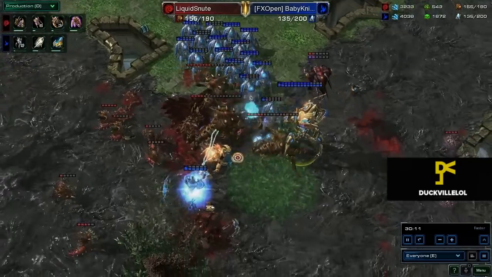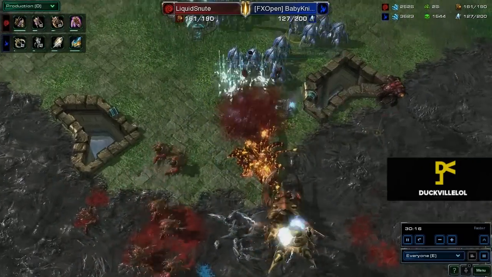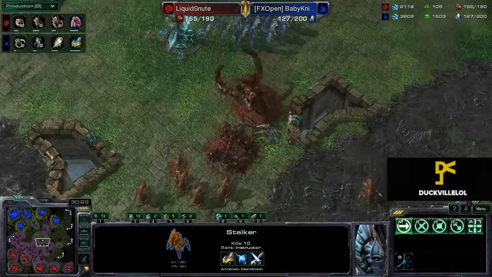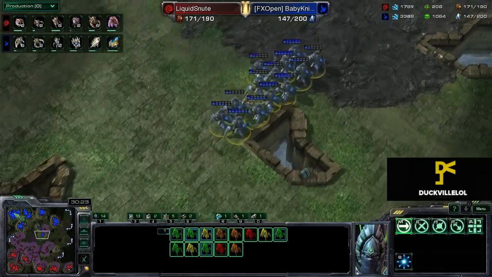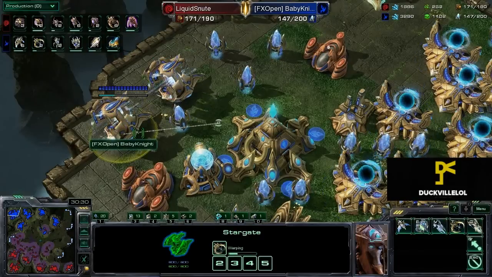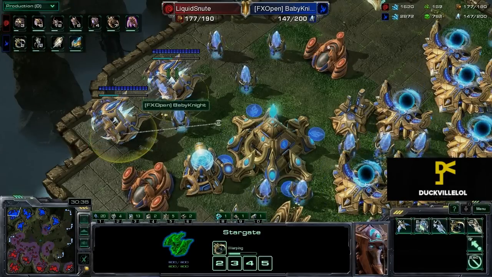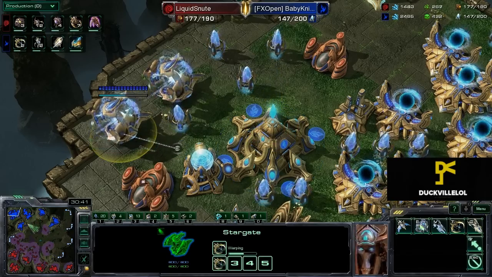Perhaps he will get a pretty even trade, but these Stalkers, with their upgrades, with their maneuverability, will be able to take down the last of those Ultralisks there. There's one more to go. There he goes, and those Hydras will not have a fun time trying to fight against that. And Snute says, you know what? It's time for the Skytusk. Sorry, BabyKnight says it's time for the Skytusk, bringing out 2 Tempest on the way from these double Stargates inside